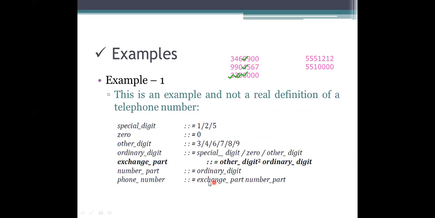So the first one is the exchange part. What is an exchange part here? Other digit 2 and the next ordinary digit 1. Other digit means, is 5 there or not? Other digit then consists of the 5. What does it consist of? It consists of a special digit. It is an input of the special digit here. So here we should take this one as a wrong one. Why? Because the first input is a wrong representation. Why is it considered a wrong representation? It has been taken that the values we are using are wrong for processing.